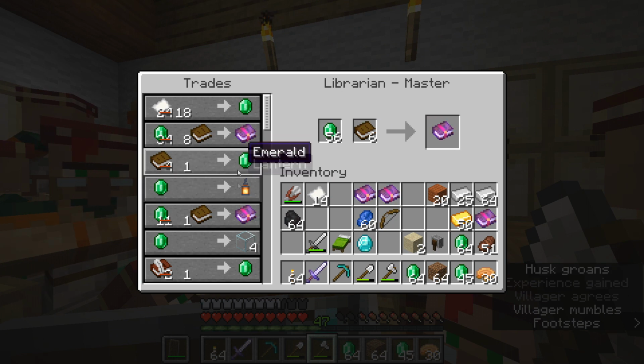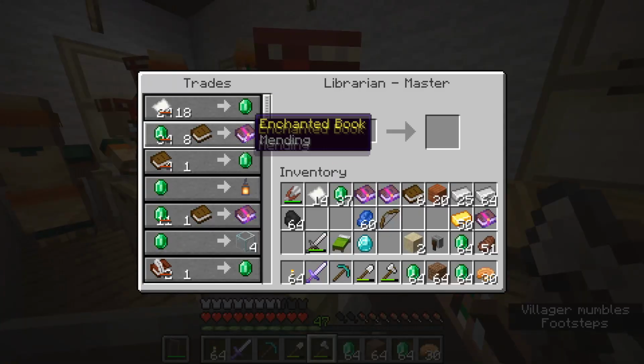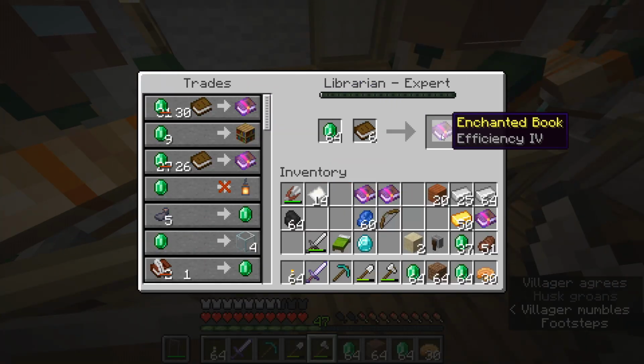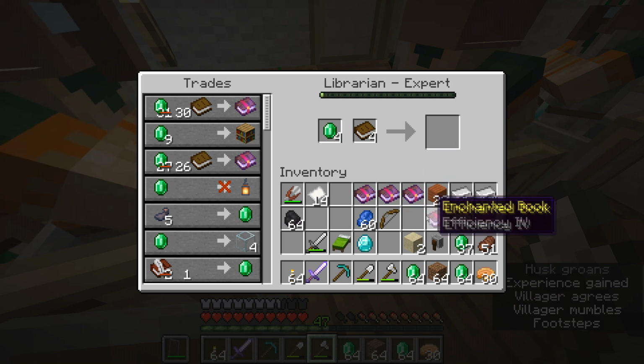We'll put this power one aside for now. And what else do we want? We want that Efficiency 4. Where was that? Who had Efficiency 4? Was it you? Yes, it is. Alright, great. So I'm going to go ahead and buy one Efficiency 4 and an additional one for a little